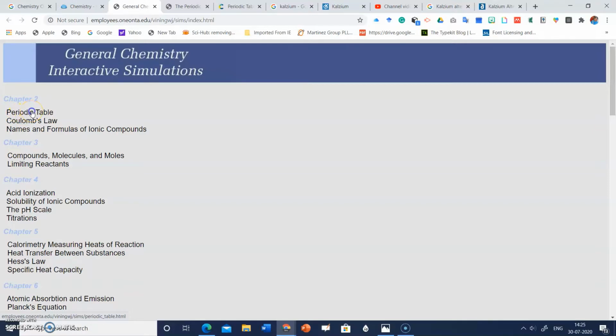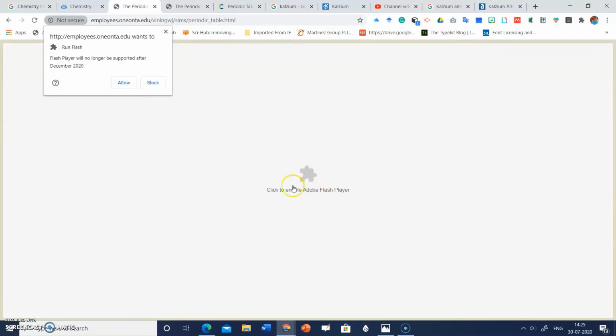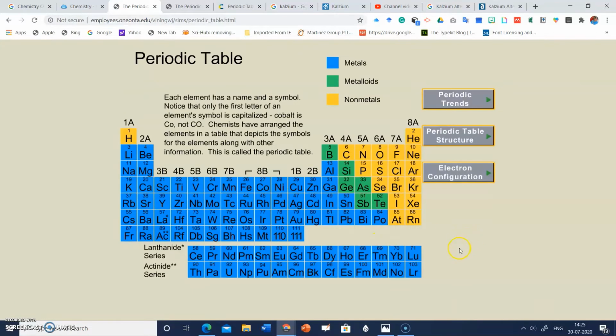When you click on periodic table, it will ask for Adobe Flash Player. Just click on allow and this periodic table will appear. So it is an interactive periodic table.